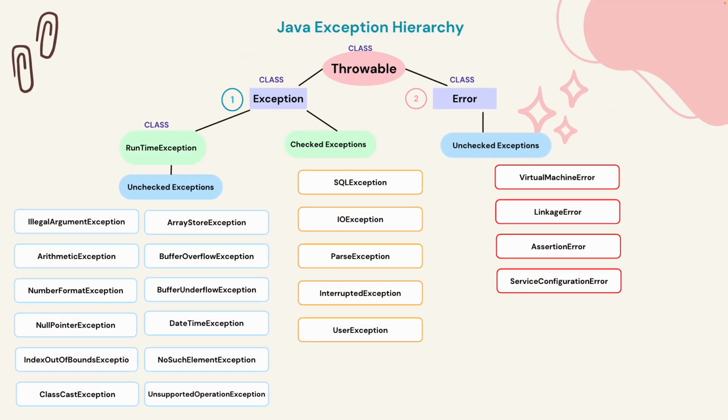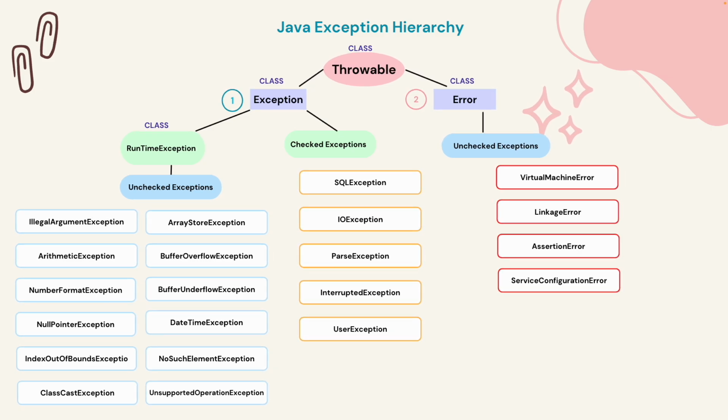Third one is, we discuss the flow or the hierarchy of Java exception. So first, any exception extends the Throwable class. Throwable class is the super class of all the exceptions. Throwable has two different types, exception and errors, which we discussed earlier. And after that, the types of exceptions are runtime exception and checked exception. And runtime exception is also classified as unchecked exception